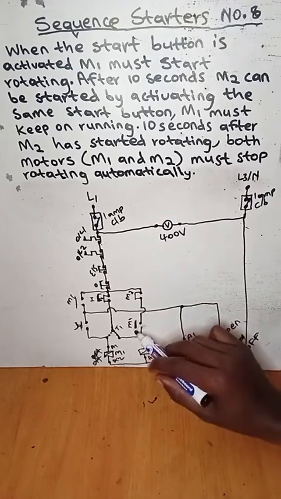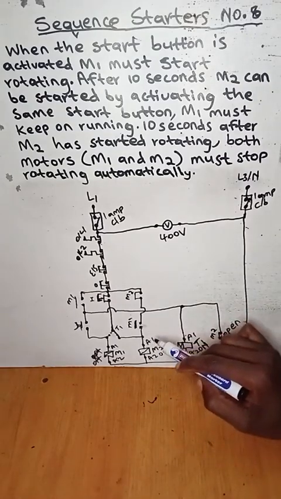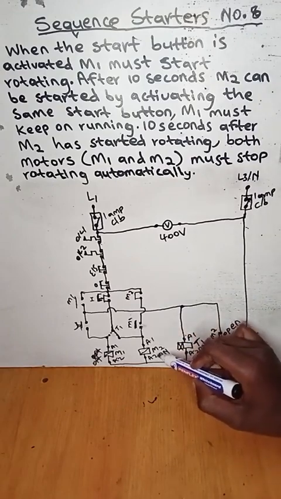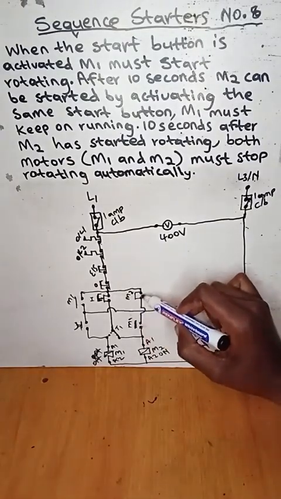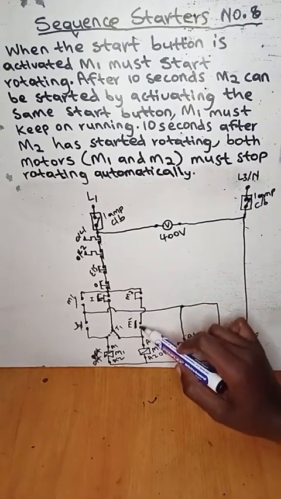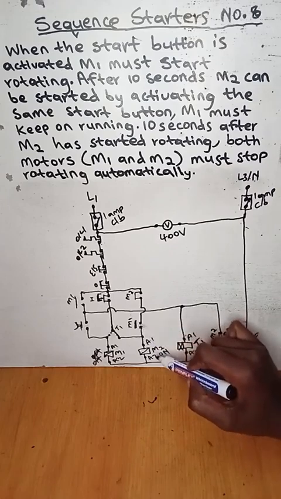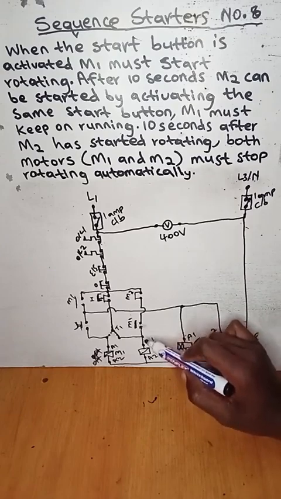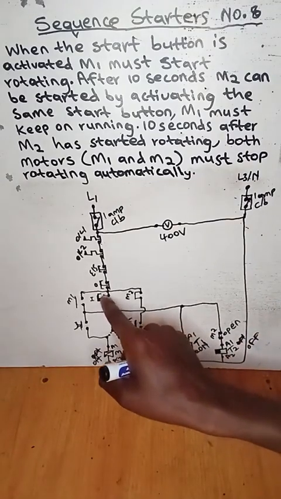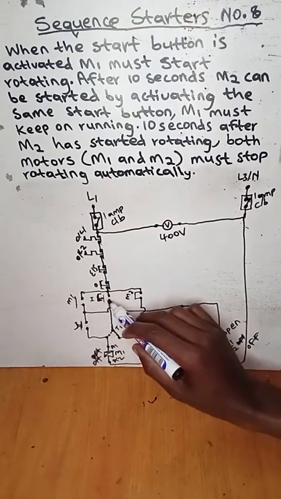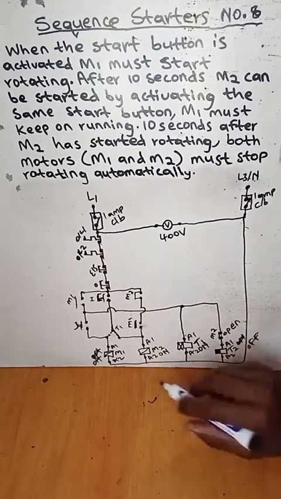And when the normally open contact of motor 1 is open, which means coil of motor 2 will not get the live current from live 1, because it was running through the retainer and also the close contact of motor 1. But since right now the contact of motor 1 is open, it simply means coil of motor 2 will not get the live current from live 1, because the start button will be open after we have let it go. Always remember that, right? So coil of motor 2 will also be off,